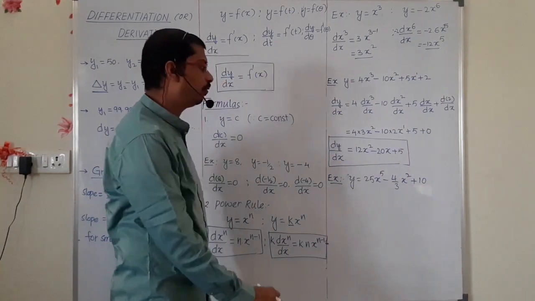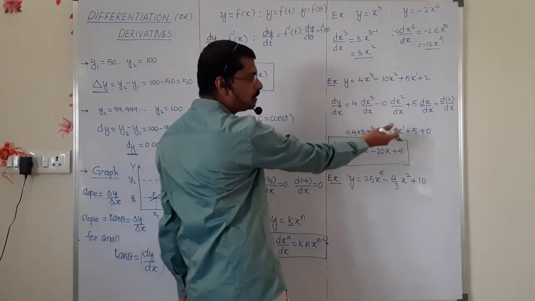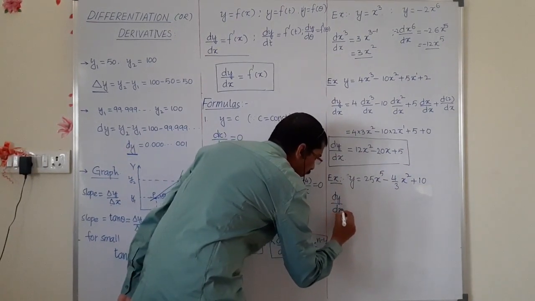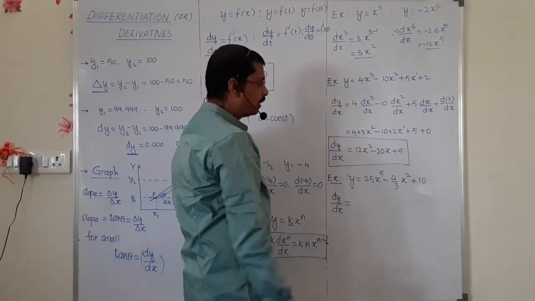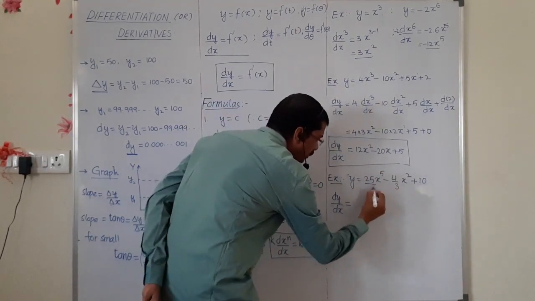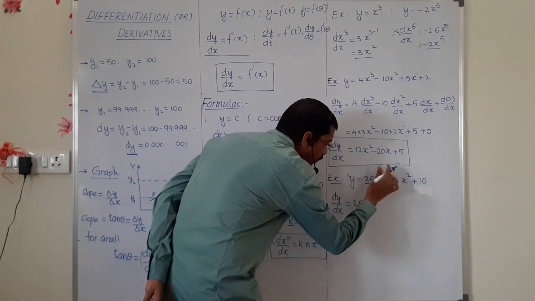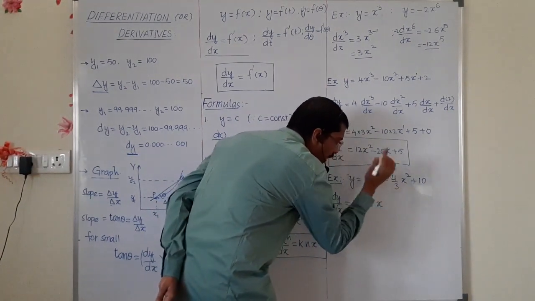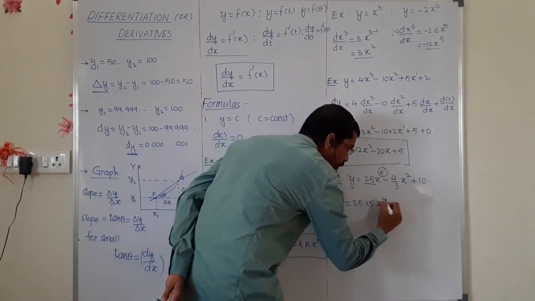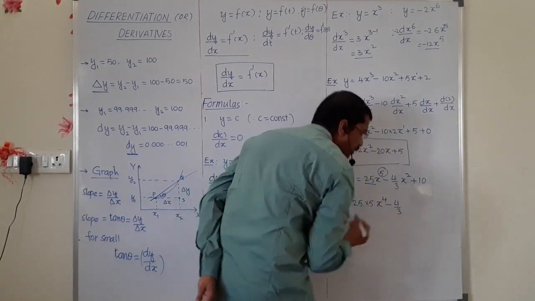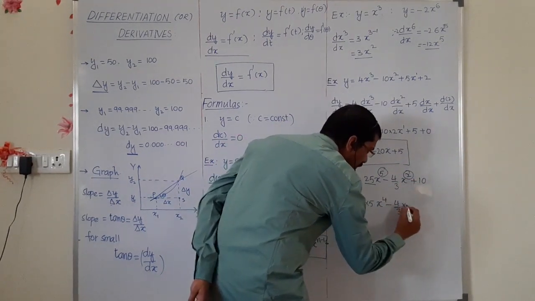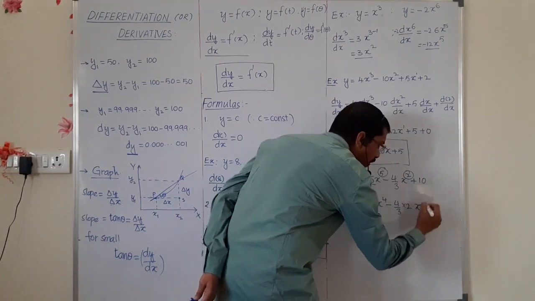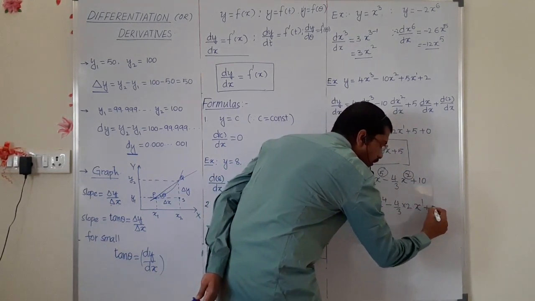Now differentiate the value. How can we write? No need to write each and every step. Simple thing I will explain. You have to follow the same manner. Take 25, it is a constant. The power is 5, multiplied with 5 into x, and this power is decreased by 1: 5 minus 1, 4. Minus 4 by 3 is a constant and the power is 2, multiplied with 2, and this power is decreased by 1. 2 becomes 1 and the derivative of the constant is 0.